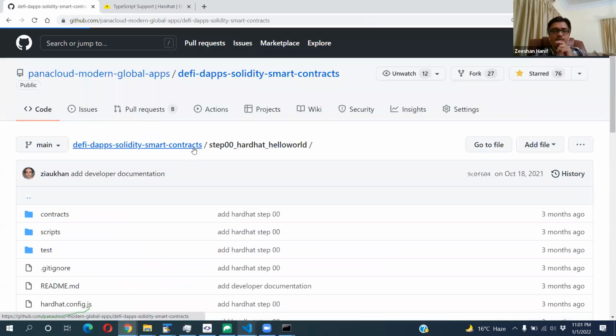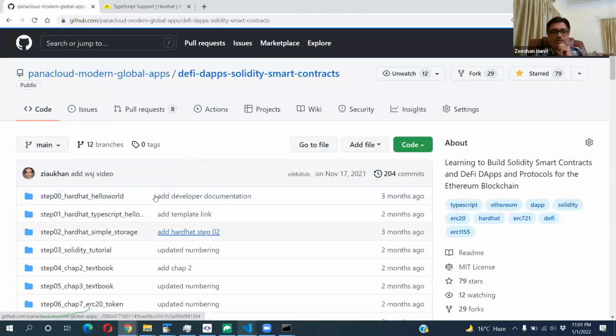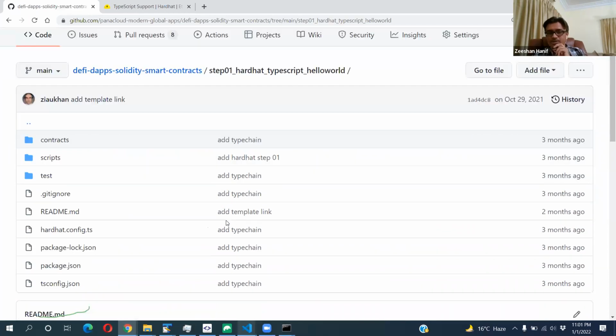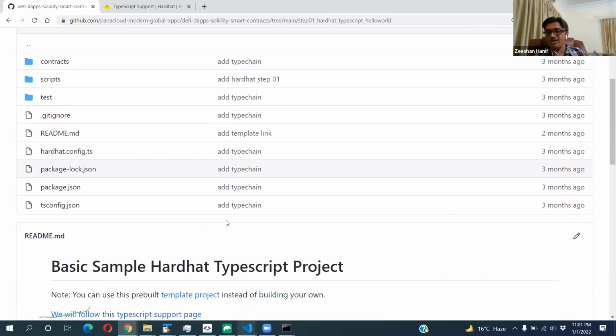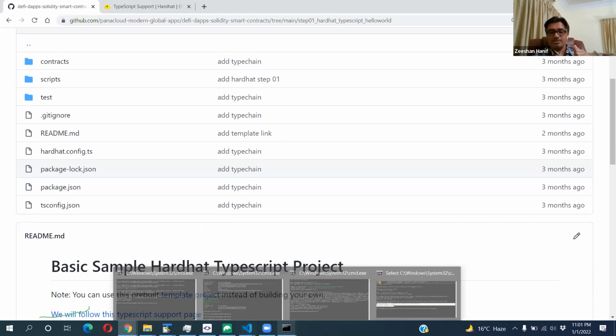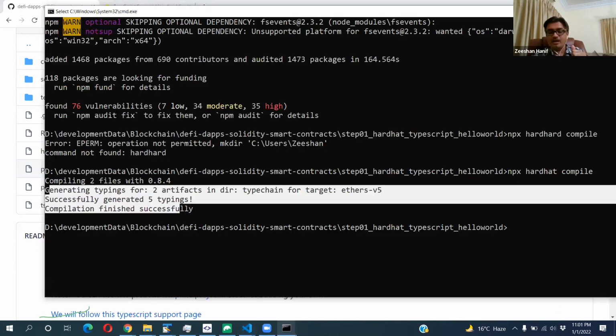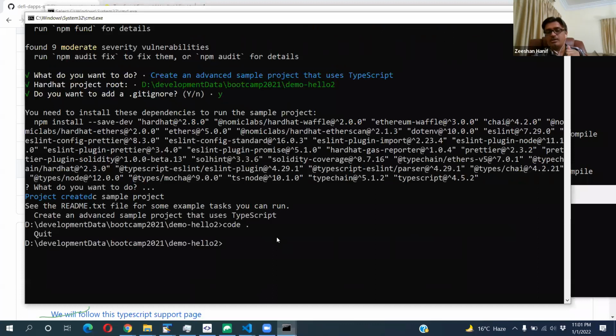Second, we looked into these TypeScript repositories, how TypeScript is being set up and how functions will be called. And third, I showed you the TypeScript project which we can set up with the Hardhat configuration. It has a lot of details, and it will give you all the functionality and all the basics related to deployment, testing, and even the networks, so that you can go to the test network. These are the things we have done.